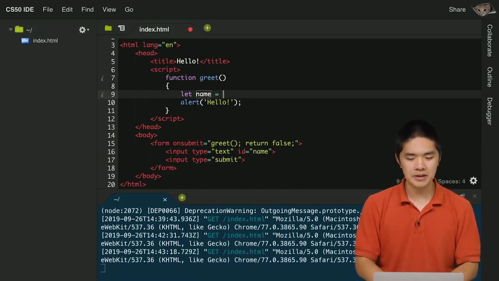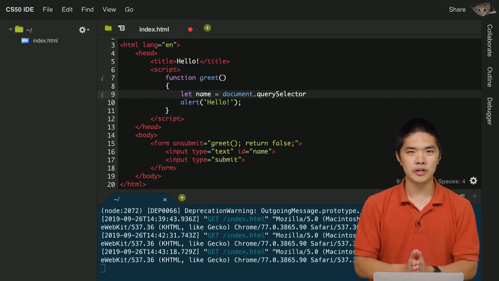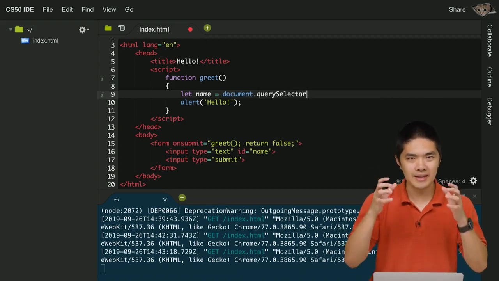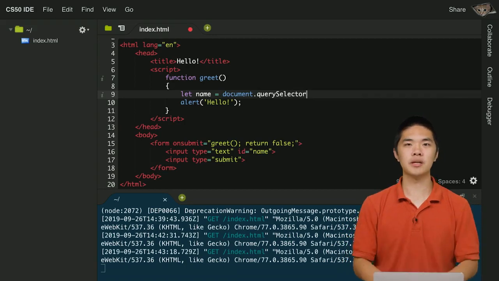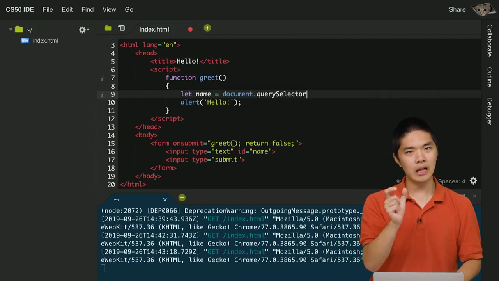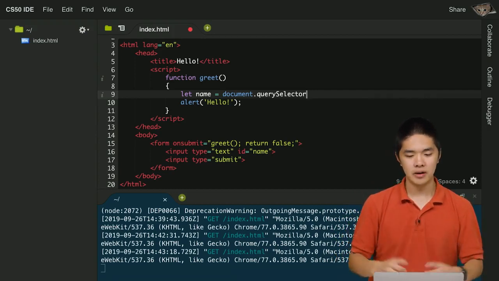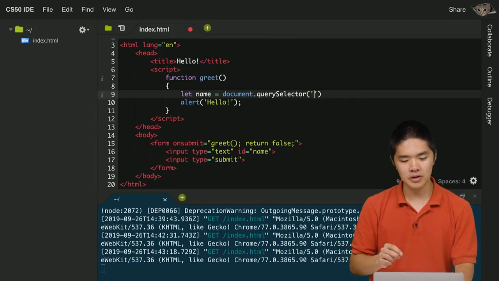Well, there's a function in JavaScript called document.querySelector. And the document.querySelector function is going to try and find an HTML element that matches a particular query. It's effectively going to let me search through the entire HTML page, looking for a particular element, and then return it back to me. And in this case, the element I want to search for is an HTML element whose